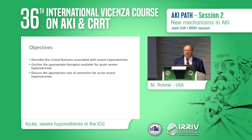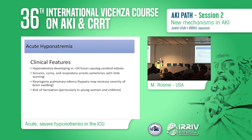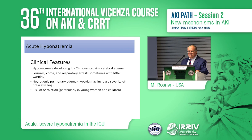So we'll describe clinical features. We'll outline appropriate therapies and why those therapies really have evolved over the years, and talk about what the rate of correction should be for patients with acute severe hyponatremia. So in terms of clinical features for acute hyponatremia, it's defined as hyponatremia, low serum sodium less than 135, that develops in less than 24 hours and is associated with cerebral edema, leading to seizures, coma, respiratory arrest, sometimes with